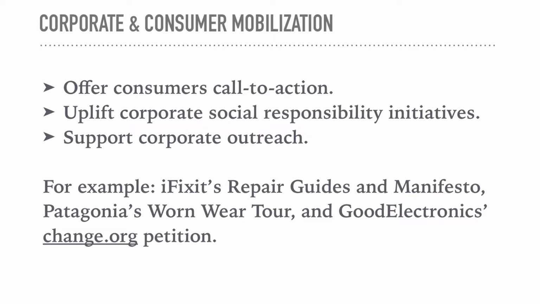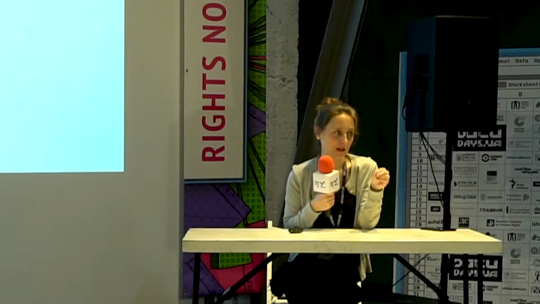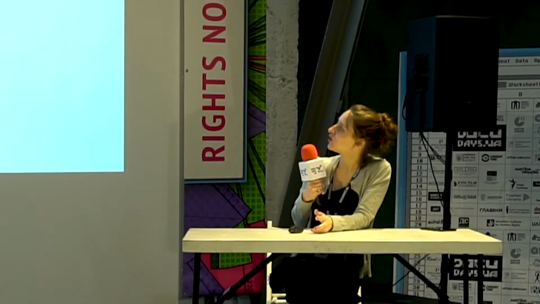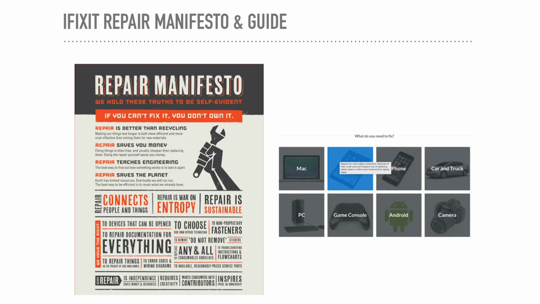And so we did some research with the film team to figure out which corporate organizations were already doing a good job of this. And the film team, during the making of the film, had already begun to make some of these relationships. So then we were able to parlay those early relationships into some concrete calls to action. One of them was a company called iFixit. iFixit is an organization in California that, every time a new consumer product is made, like a new iPhone comes out, they do what they call teardowns.